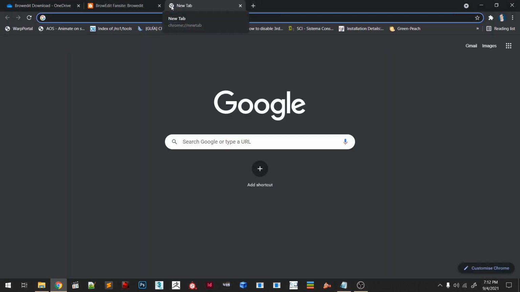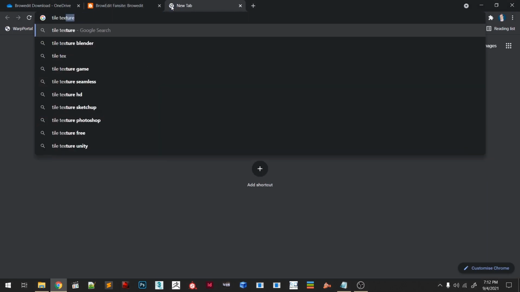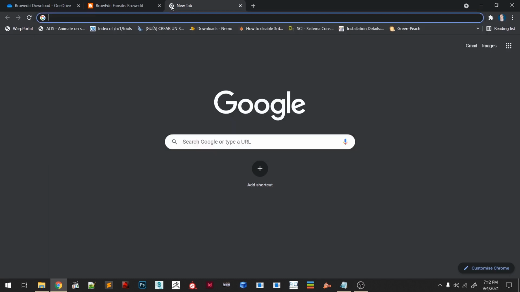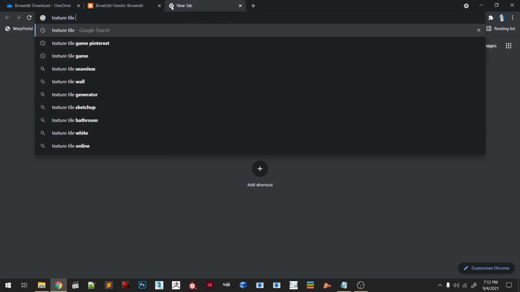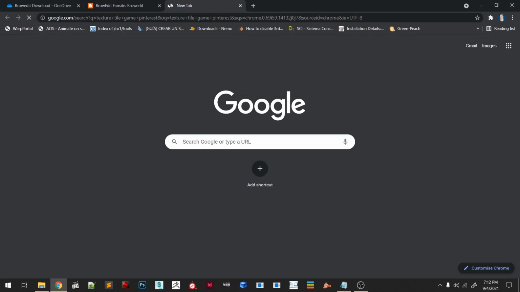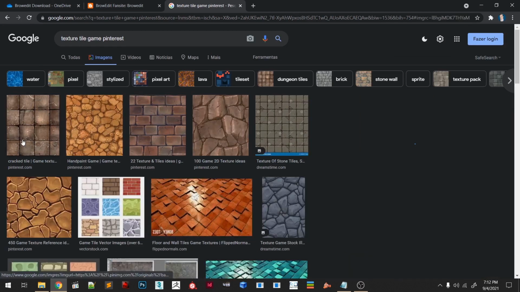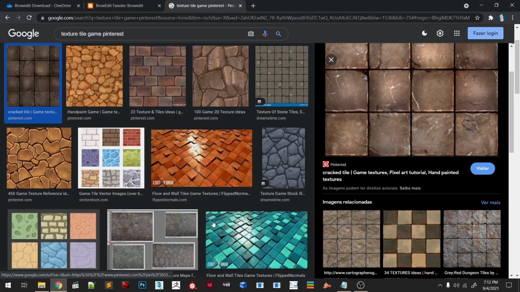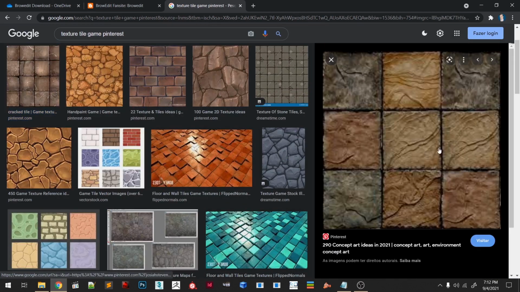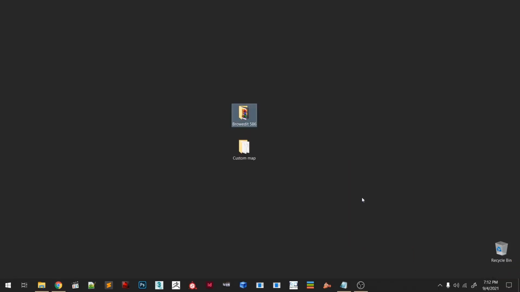So I'll go here, tile texture, game, interests, go to image, search for something here. I like this one, so I'll pick this one and drag it to my desktop.